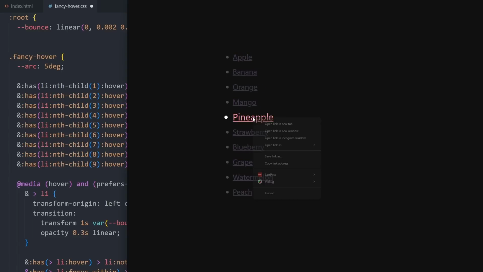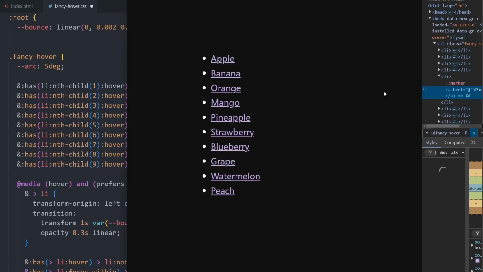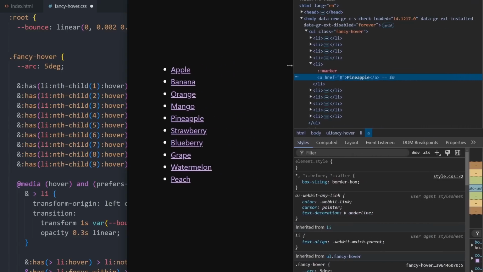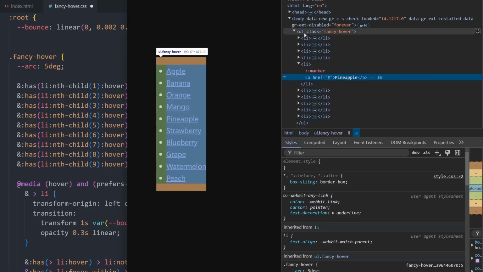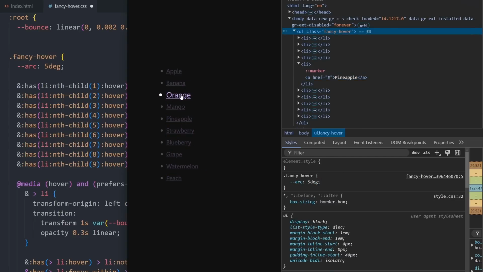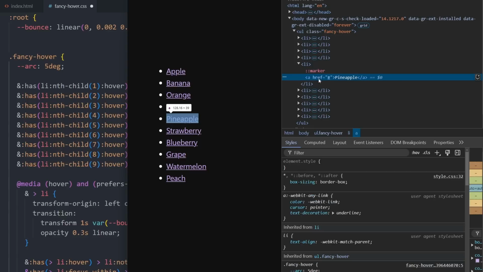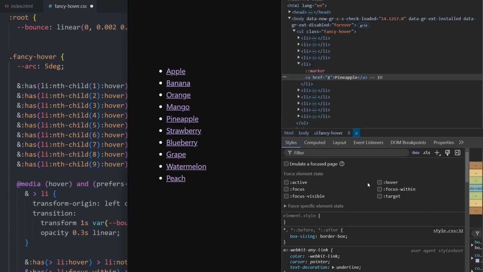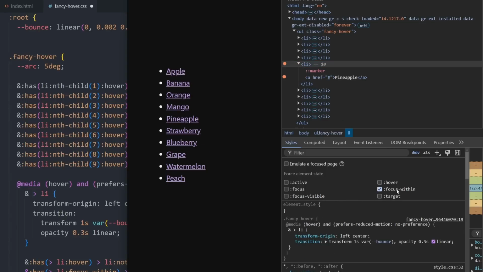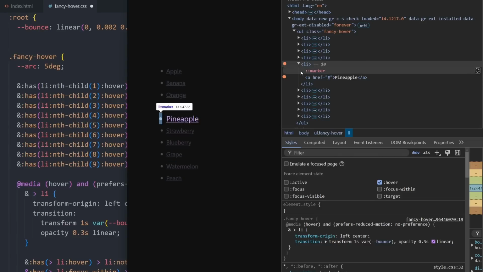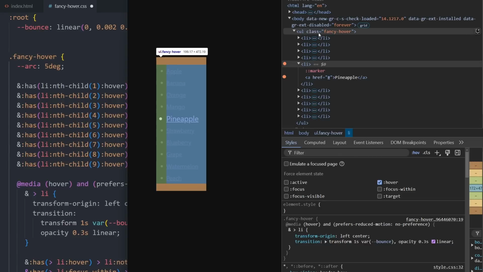So let's just go and take a look to see if we can see that. I'm not sure if we'll be able to, but let's see if we can find that here. If I look at my UL here, no, we might be able to see it actually. Let's do this. Let's find that list here, choose hover, and let's put hover on that. Let's go on this one and do a focus within. Oh, we don't have the focus within working though. Oh, let's just put the hover. There we go. Okay. So if we have the hover on that one and I go to my fancy hover